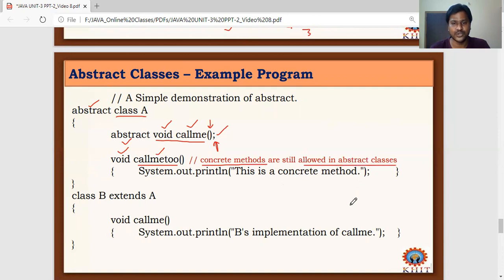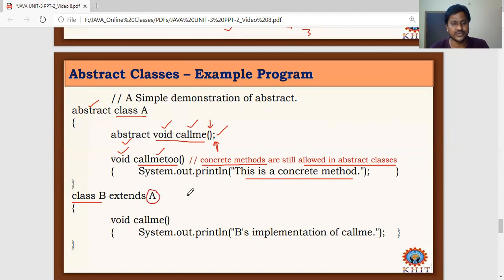That means, as I told you, an abstract class may contain abstract methods and normal methods, and those we call concrete methods. Here it displays the statement, this is a concrete method. Okay. And there is a subclass called B, extending the properties of class A, which is already an abstract class.